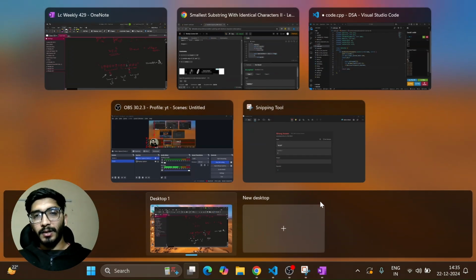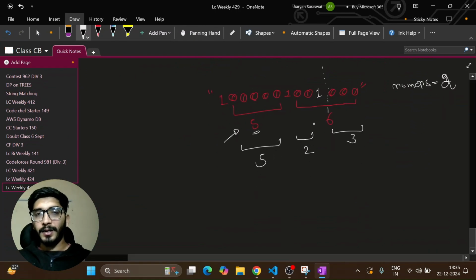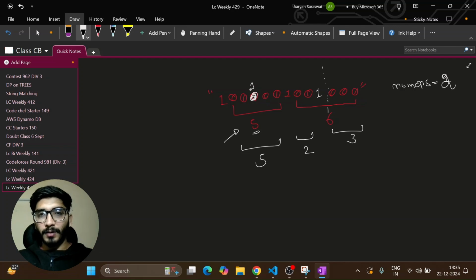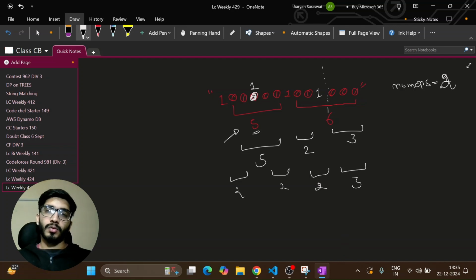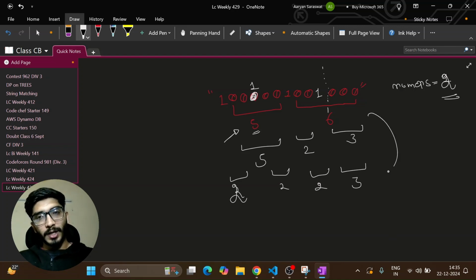Now after seeing this particular string, I can easily say that flipping this bit will be the best possible solution, because it will make it 2, 2, 2, and max 3 similar bits. So by performing two operations, we have cut down our answer from 6 to 3, because the longest substring with same elements is 3 in this case. So it is pretty much clear that breaking the maximum length will be the best